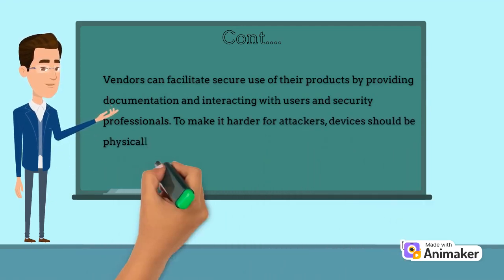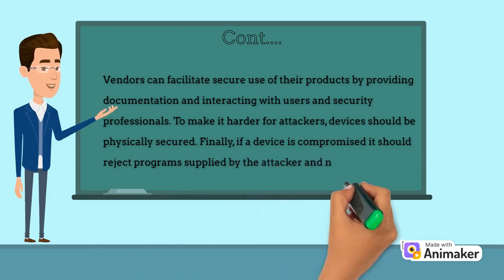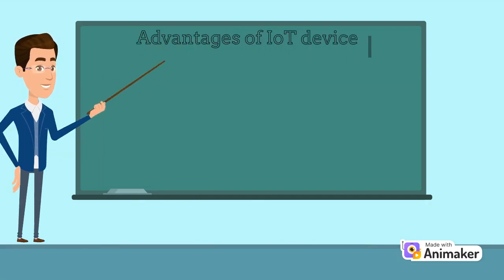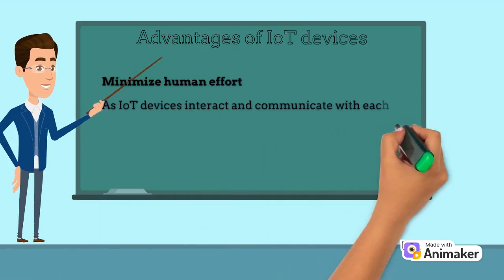Vendors can facilitate secure use of their products by providing documentation and interacting with users and security professionals. To make it harder for attackers, devices should be physically secured. If a device is compromised, it should reject programs supplied by the attacker and notify IoT